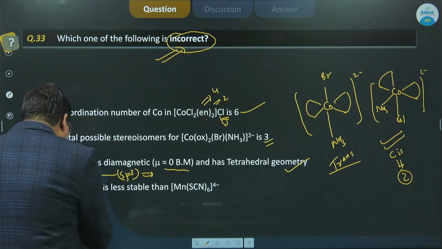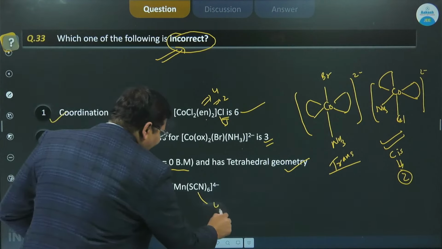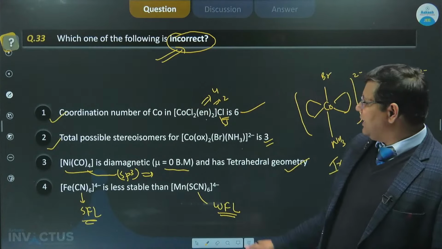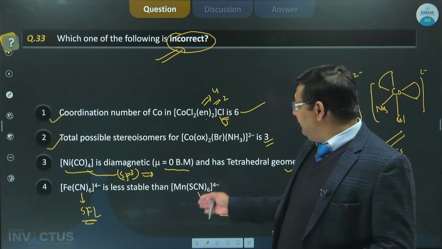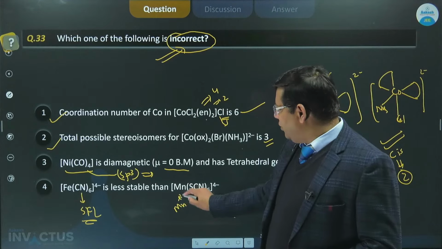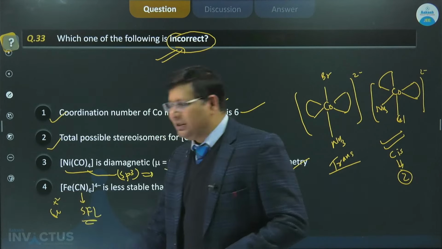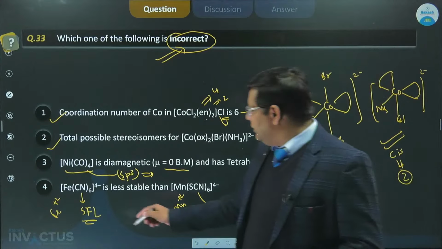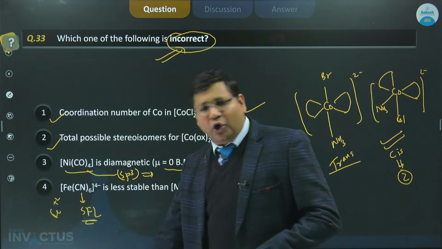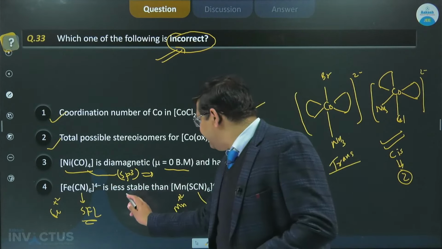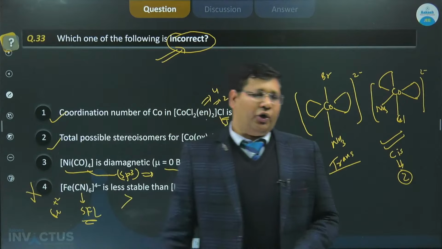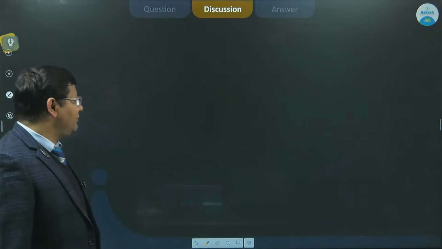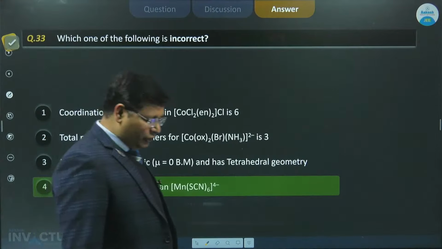तो 4 में आपके पास ये स्ट्रॉन्ग फील्ड लिगेंड है देखो बच्चों, और ये आपका है वीक फील्ड लिगेंड। तो स्ट्रॉन्ग फील्ड लिगेंड क्या करेगा इस केस में, कॉम्प्लेक्स को स्टेबलाइज ज्यादा करेगा, right, क्योंकि ये वाला जो कॉम्प्लेक्स है that is Mn2+ का कॉम्प्लेक्स, और ये वाला जो कॉम्प्लेक्स है that is Fe2+ का कॉम्प्लेक्स। तो 1 is a d6 कॉम्प्लेक्स, 1 is a d5 कॉम्प्लेक्स। तो अल्टीमेटली स्ट्रॉन्ग फील्ड लिगेंड भी है और यहाँ पे पेयरिंग एनर्जी भी कंट्रीब्यूट करेगी, तो it has to be more stable। तो less की बजाय ये more stable होना चाहिए, that is the wrong answer बच्चों, ठीक है। ओके, let me check the answer of this question। तो बहुत स्ट्रेट फॉरवर्ड क्वेश्चन था, देखिए। तो 4th option is incorrectly matched।